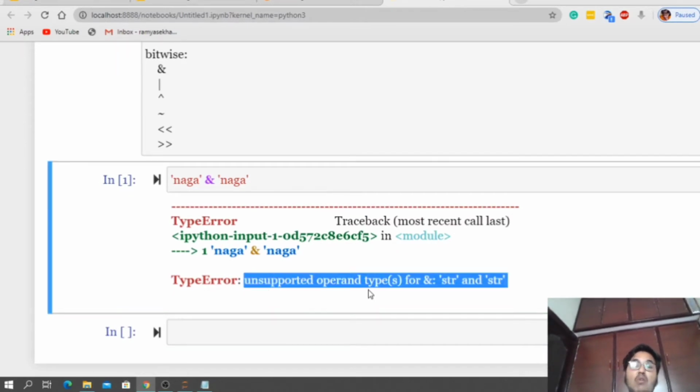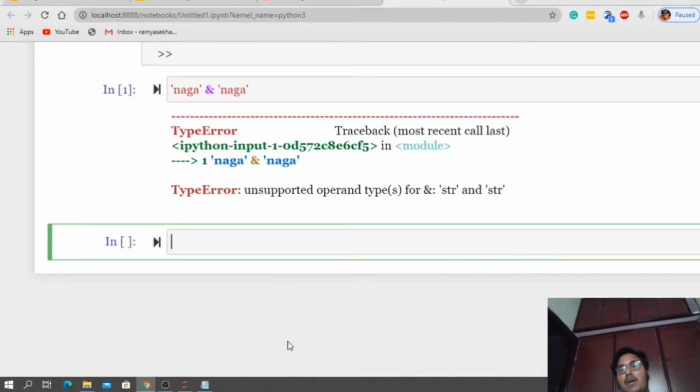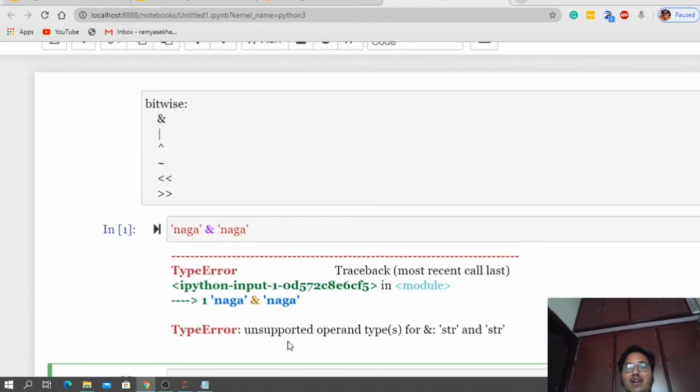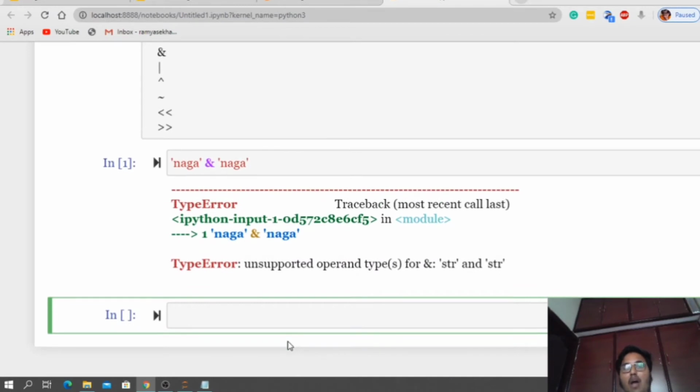This is the conclusion we need to get. So we can apply bitwise operators on both integer data as well as boolean data. In this video we will talk about the first three bitwise operators, that is AND, OR, and cap, that is XOR. We call that XOR.